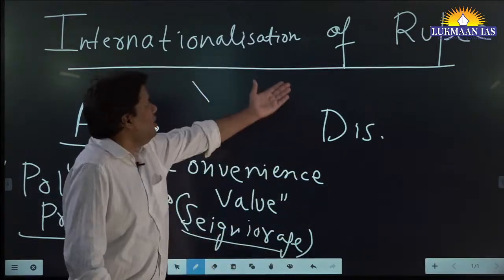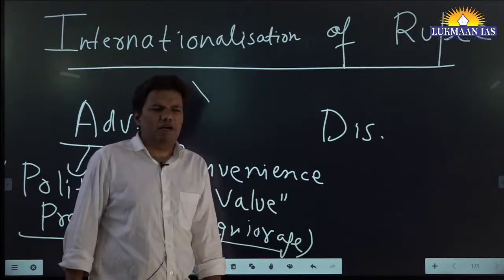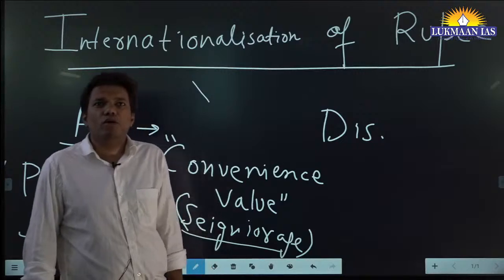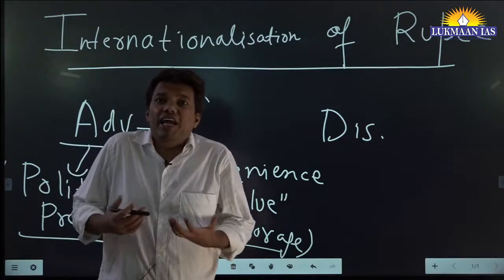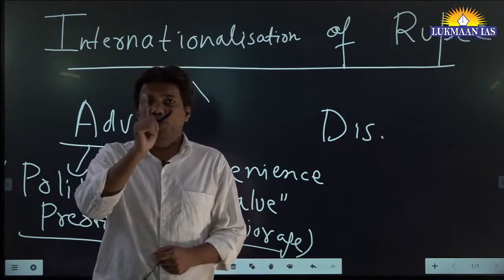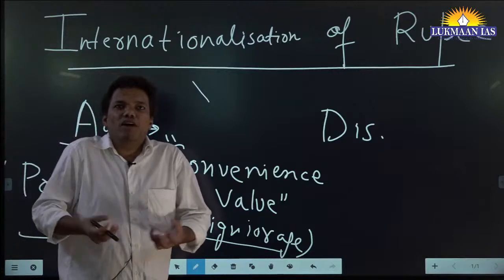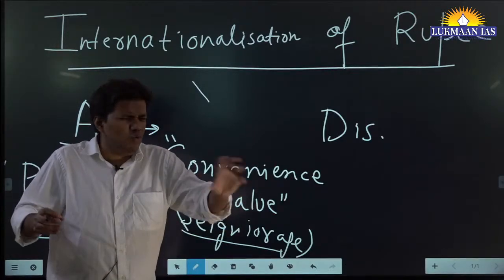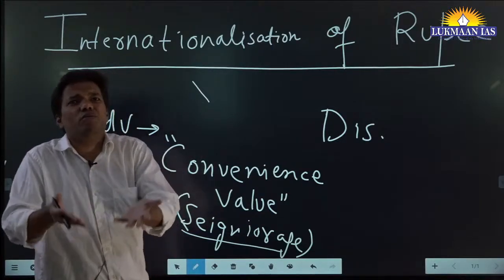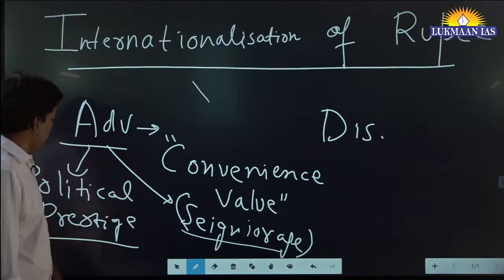Suppose something came from Canada. Generally Canada will also ask for USD rather than payment in INR, or they will not even look for Canadian dollars, because nobody wants to get into the exchange rate mechanism and all those things. They want safety, and the safety comes through USD. So this is one kind of advantage.